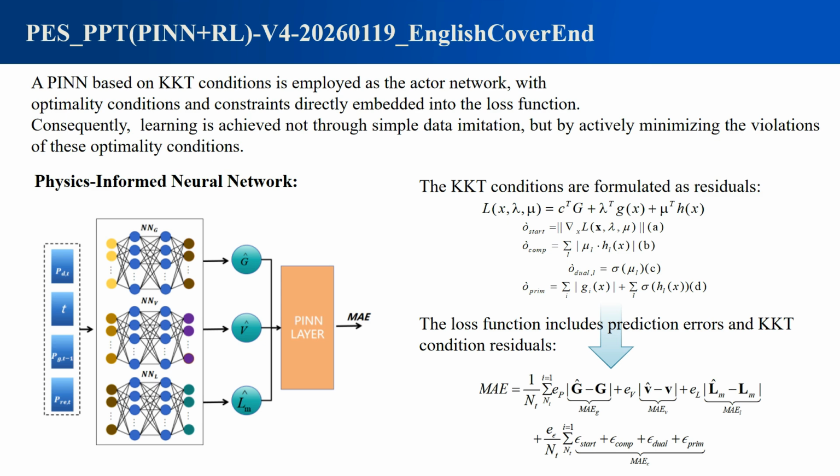The final loss adds dispatch prediction errors and KKT residual errors. The terms for G, V, and L compare predicted and target generator voltage and line flow quantities. The residual terms penalize stationarity, complementarity, dual feasibility, and primal feasibility. This is more informative than fitting labels alone. It teaches the actor the geometry of optimal dispatch, so the policy starts closer to feasible and economical actions before